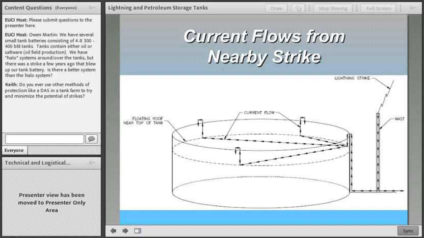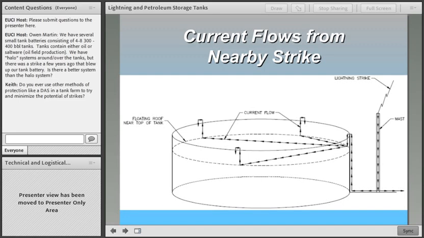That current would travel down the mast, and then part of the current would go this way and part of the current would go this way. The part of the current that goes back towards the tank would travel up the side of the tank, down this side of the tank, and spread out across the roof. If you had a mast on this side, the same thing would happen on this side. Some of the current would go down the mast and then up and across the roof again. So you would have the same net effect of current flow as shown in this illustration.